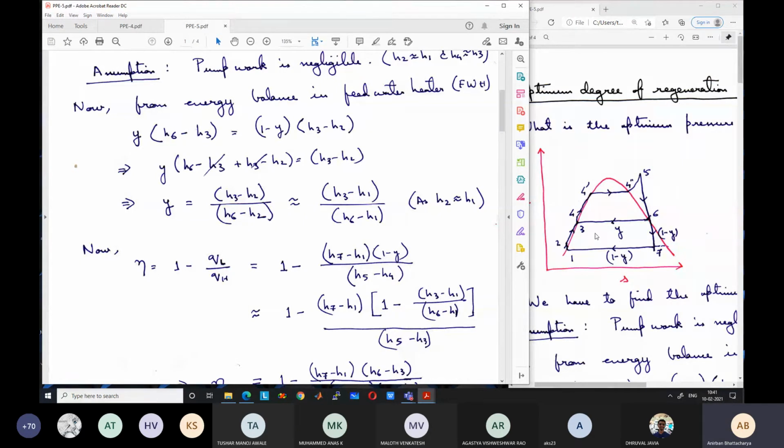Or in other words, what are the things that are changing? Something needs to change so that there is an increase in efficiency, and something needs to change again so that there is a decrease in efficiency, so that somewhere in between we have an optimum point. So what is causing the increase in efficiency and what is causing the decrease in efficiency, so that by counterbalancing these two, we find an optimum point? If I change point 3 to a lower value or a higher value, what will be the positive effect and what will be the negative effect on the efficiency?